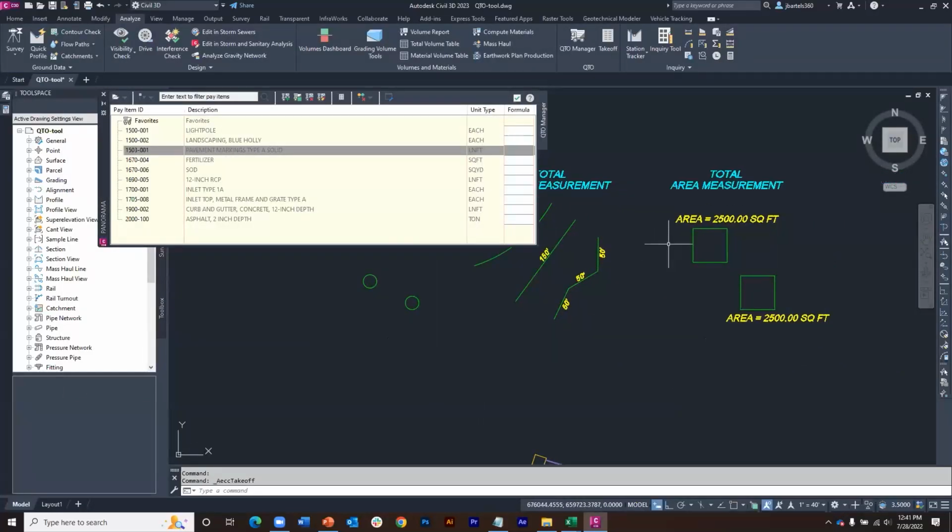We'll look at one more option here. What if I wanted to assign pay items to an area? I've got just some closed shapes here. These are AutoCAD polylines, and I've labeled the areas here, 2,500 square feet apiece. So if they were added together, that would be 5,000, just so that we can check that against the numbers